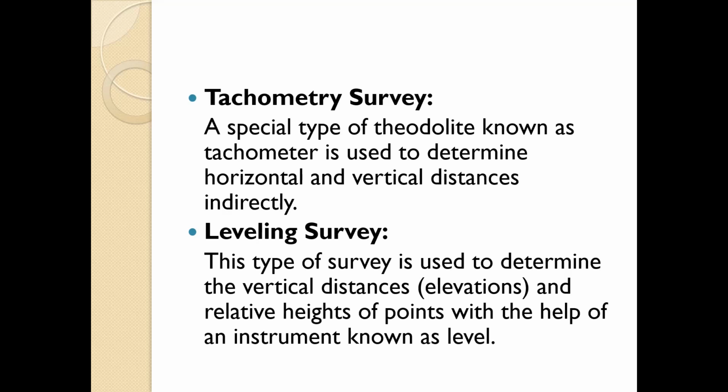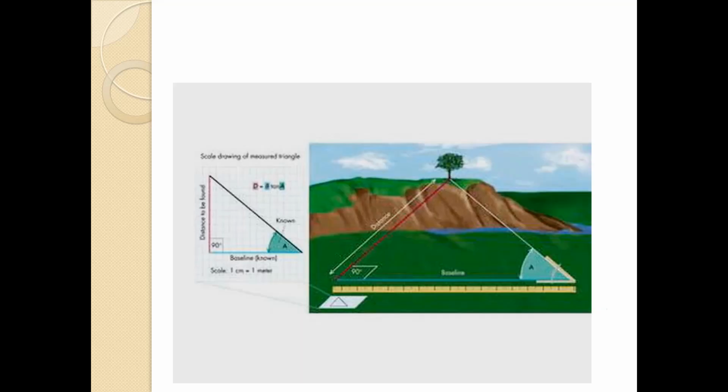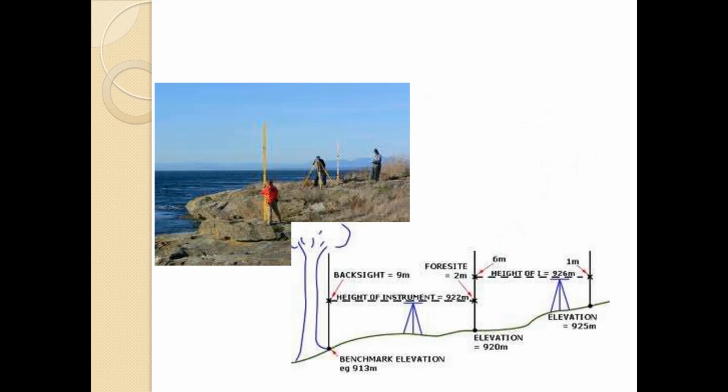And as I have told you earlier, we measured the height of Mount Everest. All this tachometry and leveling survey have been used at the time of this particular measurement. Here you can see the leveling survey going on. This is the level, and these are the staffs. The level does not have any marking that we can measure, so it is the staff on which the readings are there.